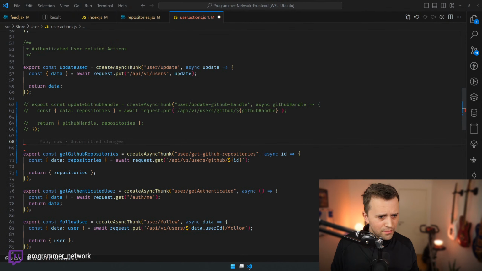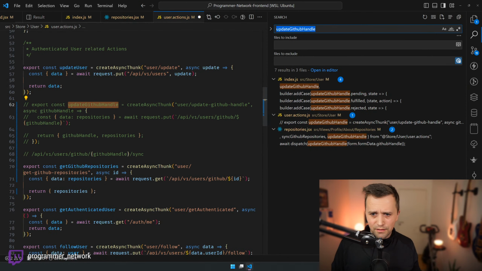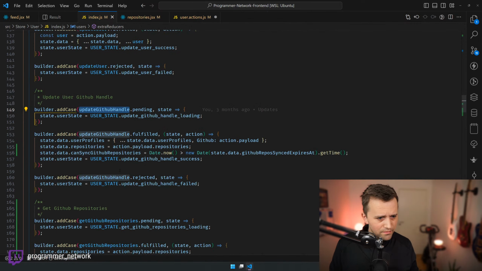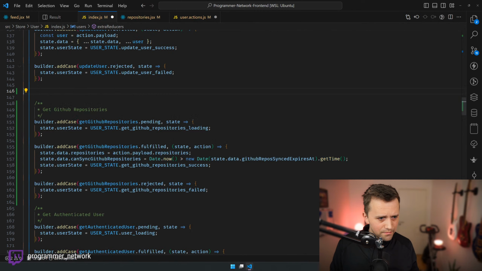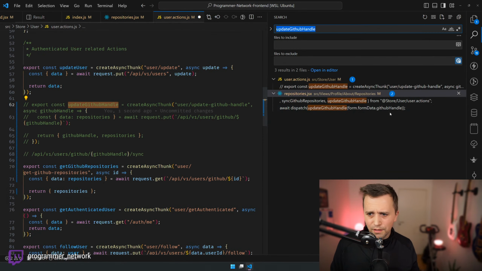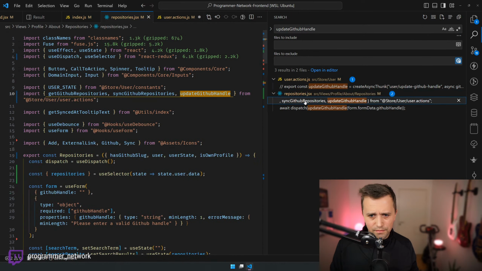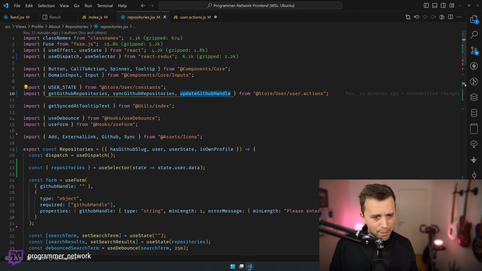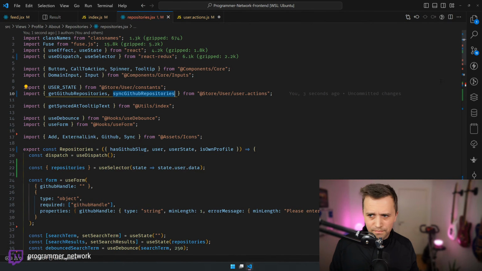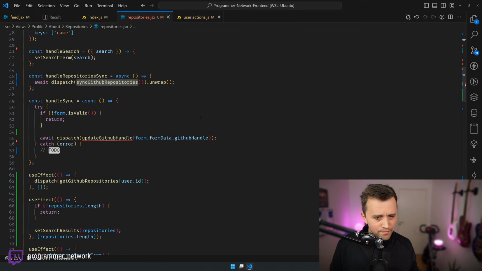So I'll go here. I'll copy this. I'll see all of the places where we're actually using this. So yeah, we'll get rid of this completely. That's completely useless. Where else are we using this? So we're actually gonna just call this literally.